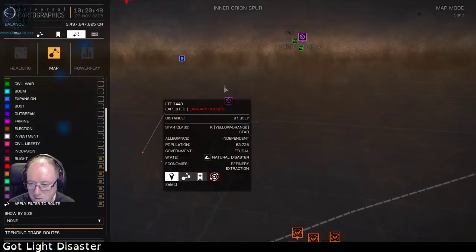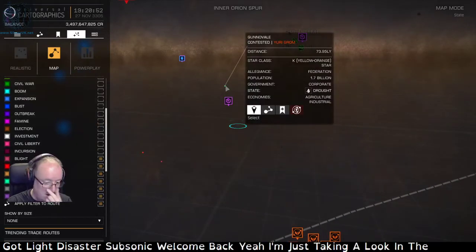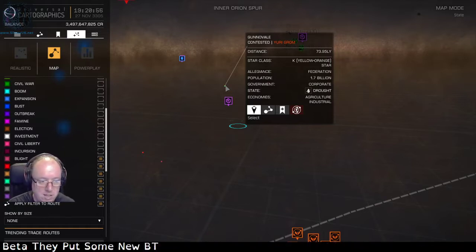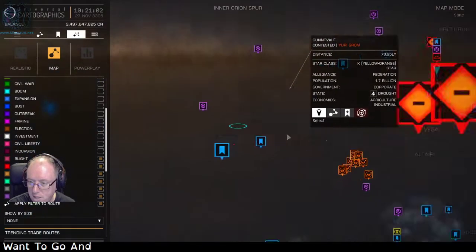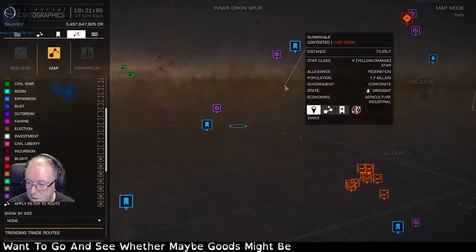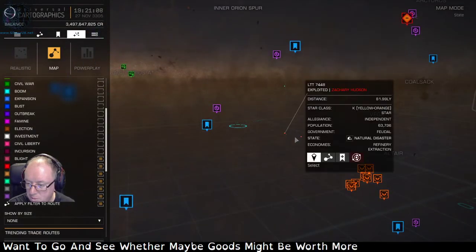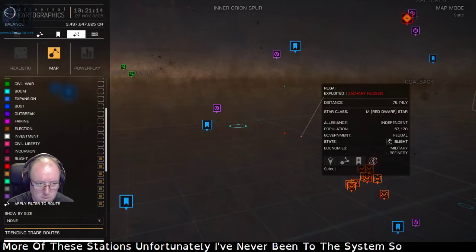Hiya, Subsonic. Welcome back. Yeah, I'm just taking a look in the beta. They've put some new BGS states in. Yeah, that's exactly what I'm looking at. So I want to go and see whether maybe certain goods might be worth more at these stations. Unfortunately, I've never been to these systems, so